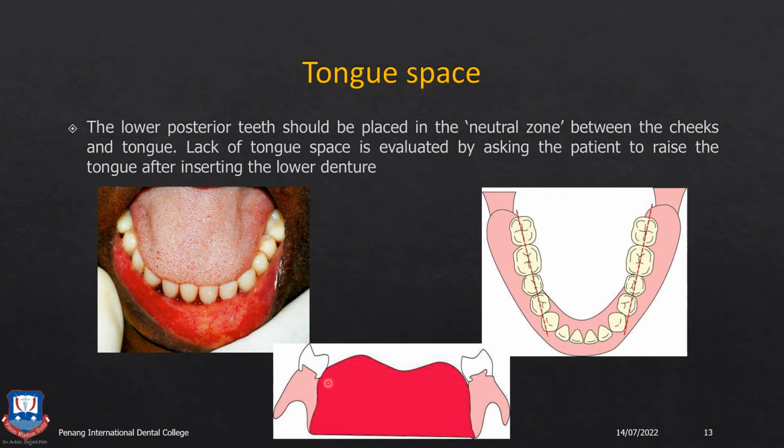And you should make sure that many times what happens is when you have a smaller maxilla, in order to get a proper class 1 teeth arrangement, you try to arrange the mandibular posterior teeth in such a way that they are lingually tipped. This results in the constriction of the tongue space, so this has to be avoided, and it will create something like this.